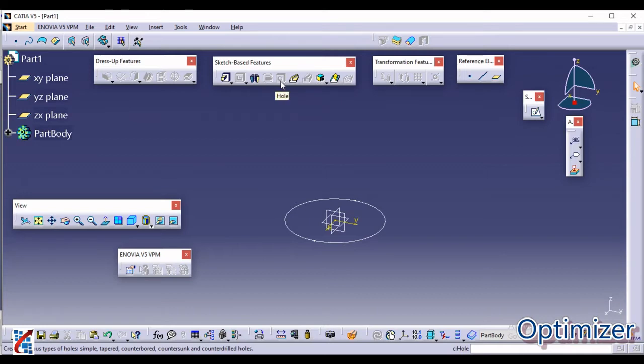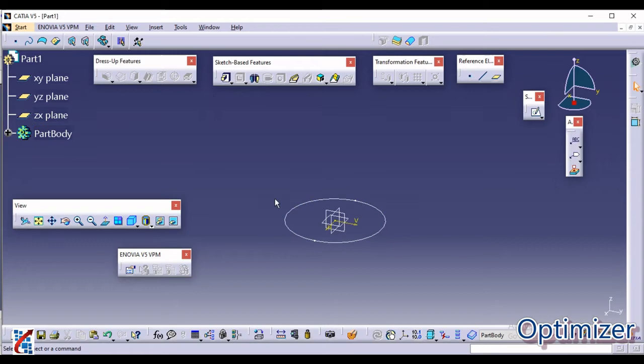Hole, with the help of this you can drill a hole in the component. Rib, with the help of Rib you are going to add the material with a specific profile. Again adding the material. Again, Slot is removing the material. Solid Combine basically shows you the common area between two volumes, which we will see later. Again, Multi-section Solid is adding the material, and Remove Multi-section Solid is removing the material. So add, remove, add, remove, add, remove. Like this you need to keep in mind.